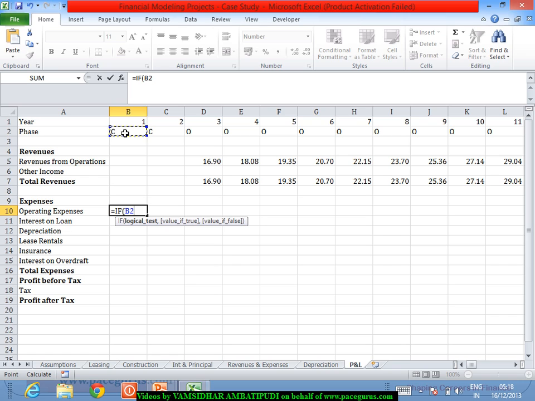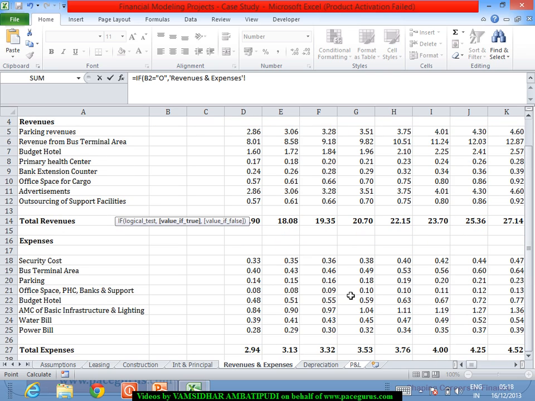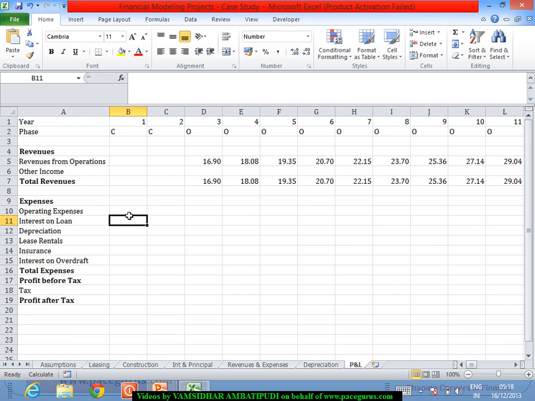If this is equal to O, I am populating it with the operating expenses, total expenses from operations. I am populating it with this particular number, otherwise I am leaving it as a blank. So consistency in the formula is very much important, because